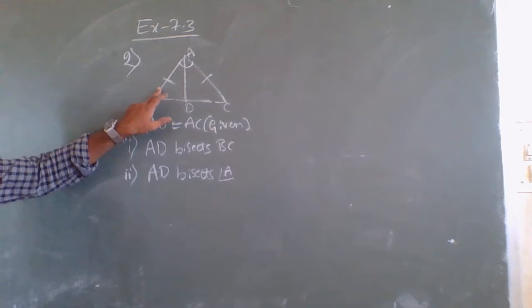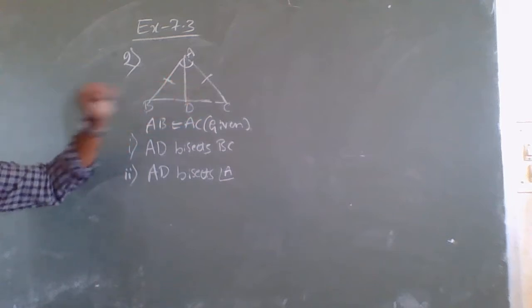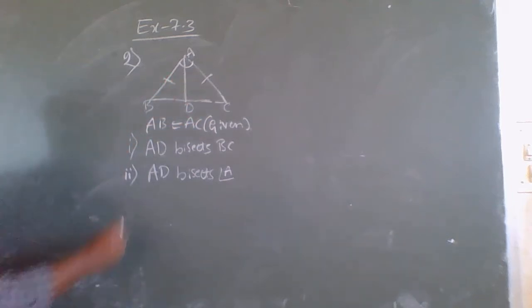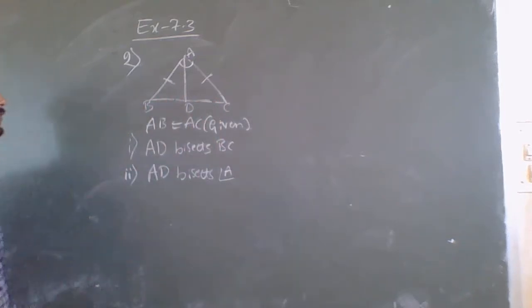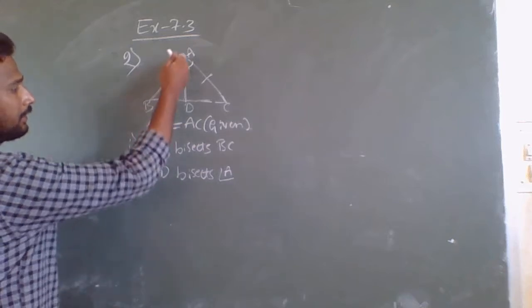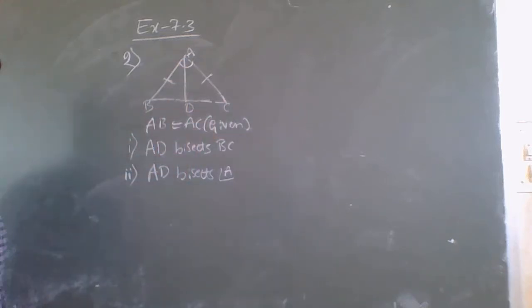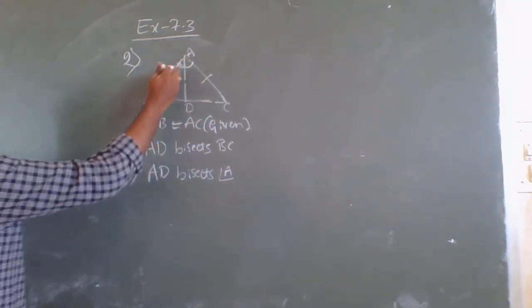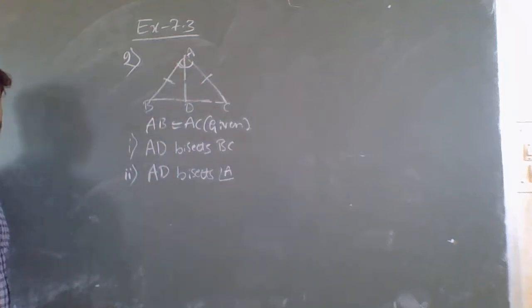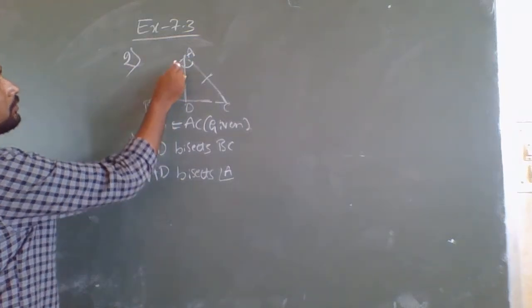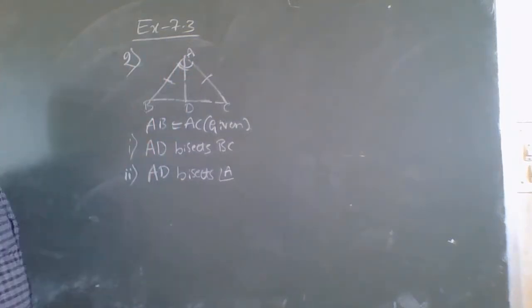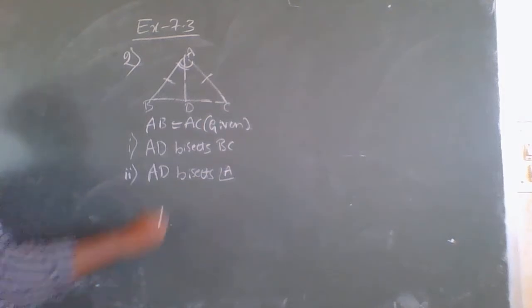If we prove that these two triangles are congruent, then we can say that BD is equal to CD. If BD is equal to CD, then this line AD bisects BC. Like that only, these two angles are equal to each other because these will be corresponding parts of congruent triangles. Then if this angle and this angle are equal,